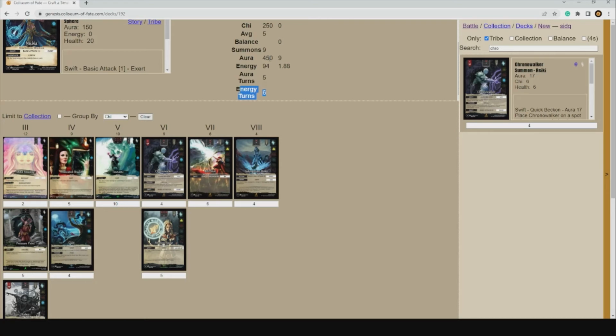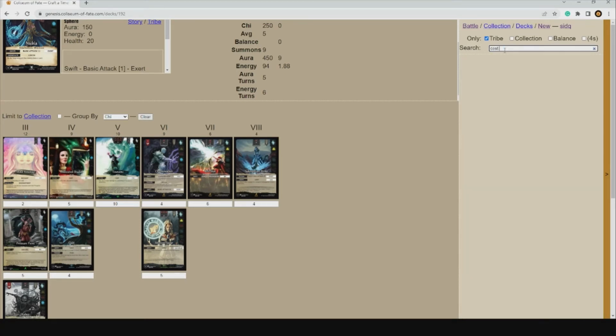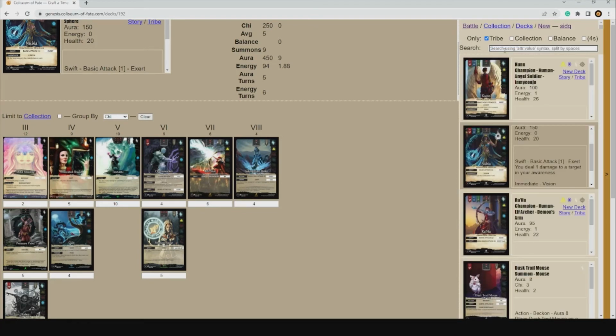Cool. I have a question. Yeah? Is there a way to search for cards that cost energy versus cards that cost aura? Maybe you said that earlier and I could have missed it. Cost energy. Okay. Neat. It doesn't look like it's doing that. Let's see if we can...